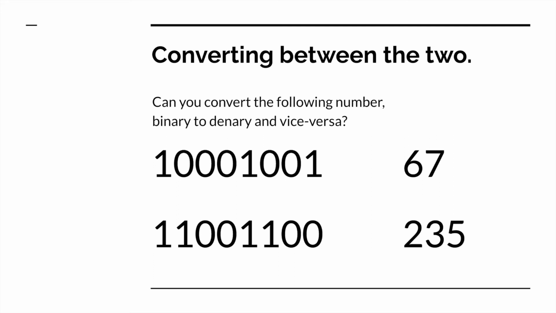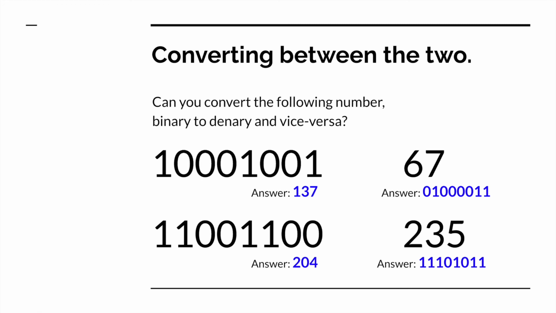So the binary numbers I want you to convert into decimal or denary, and the denary numbers I want you to convert into binary. If you want to pause the video, questions, converting the binary, we should have got 134 and 204, and with the denary numbers we should have got 1 0 1 0 0 0 0 1 1. And for 235, we should have got 1 1 1 0 1 0 1 1. Now with the 67,